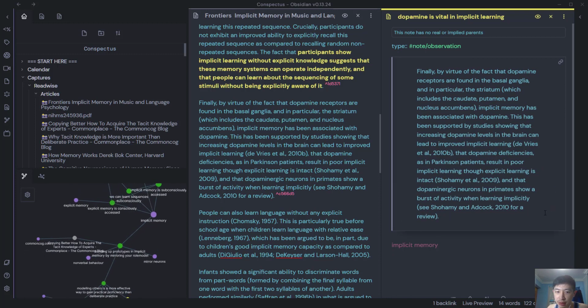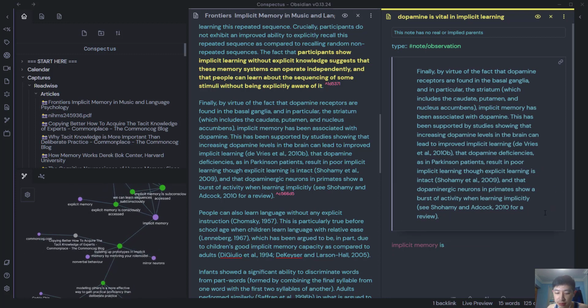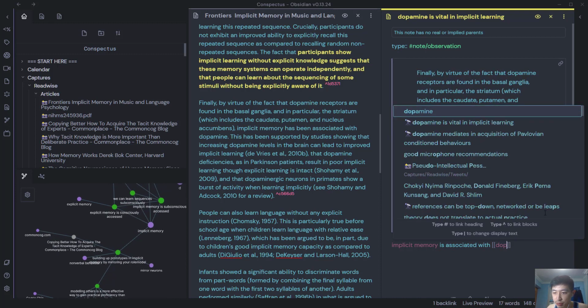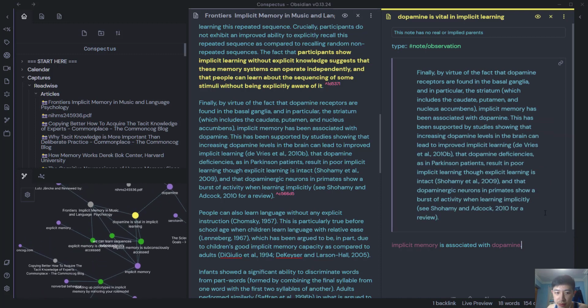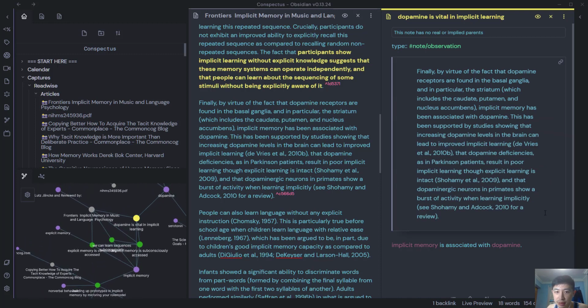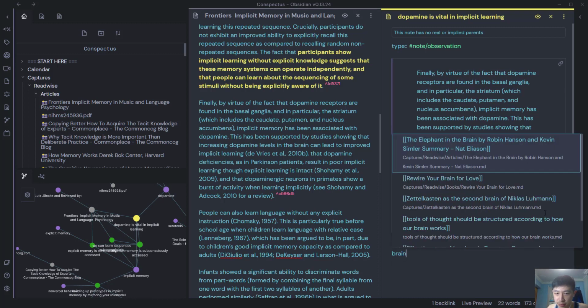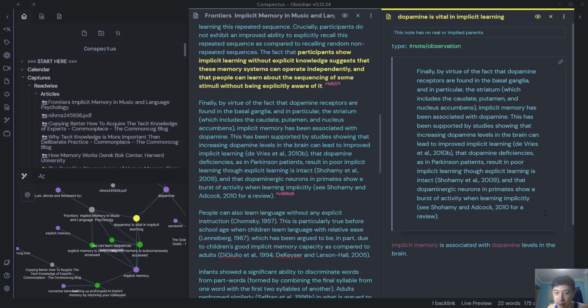Implicit memory is associated with dopamine levels in the brain, and